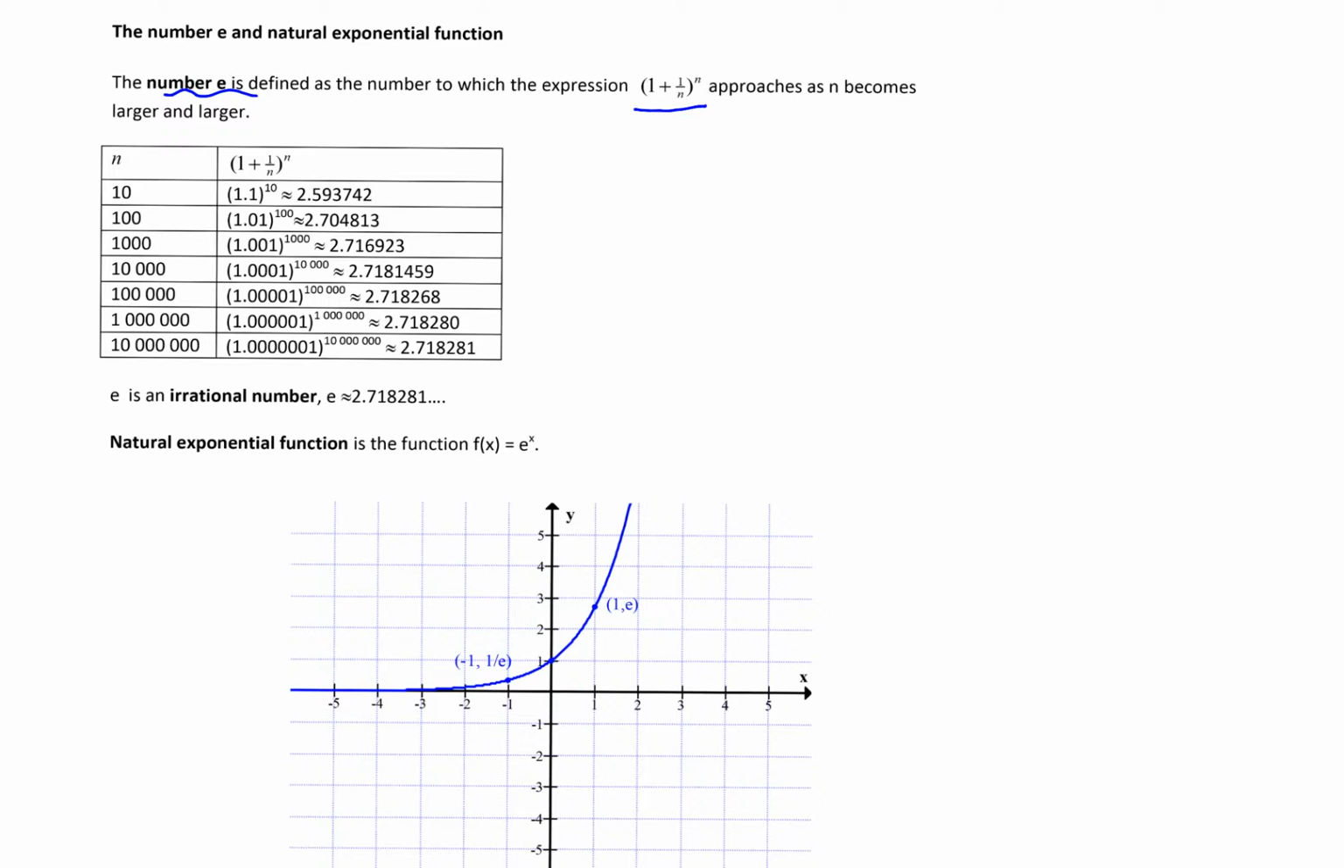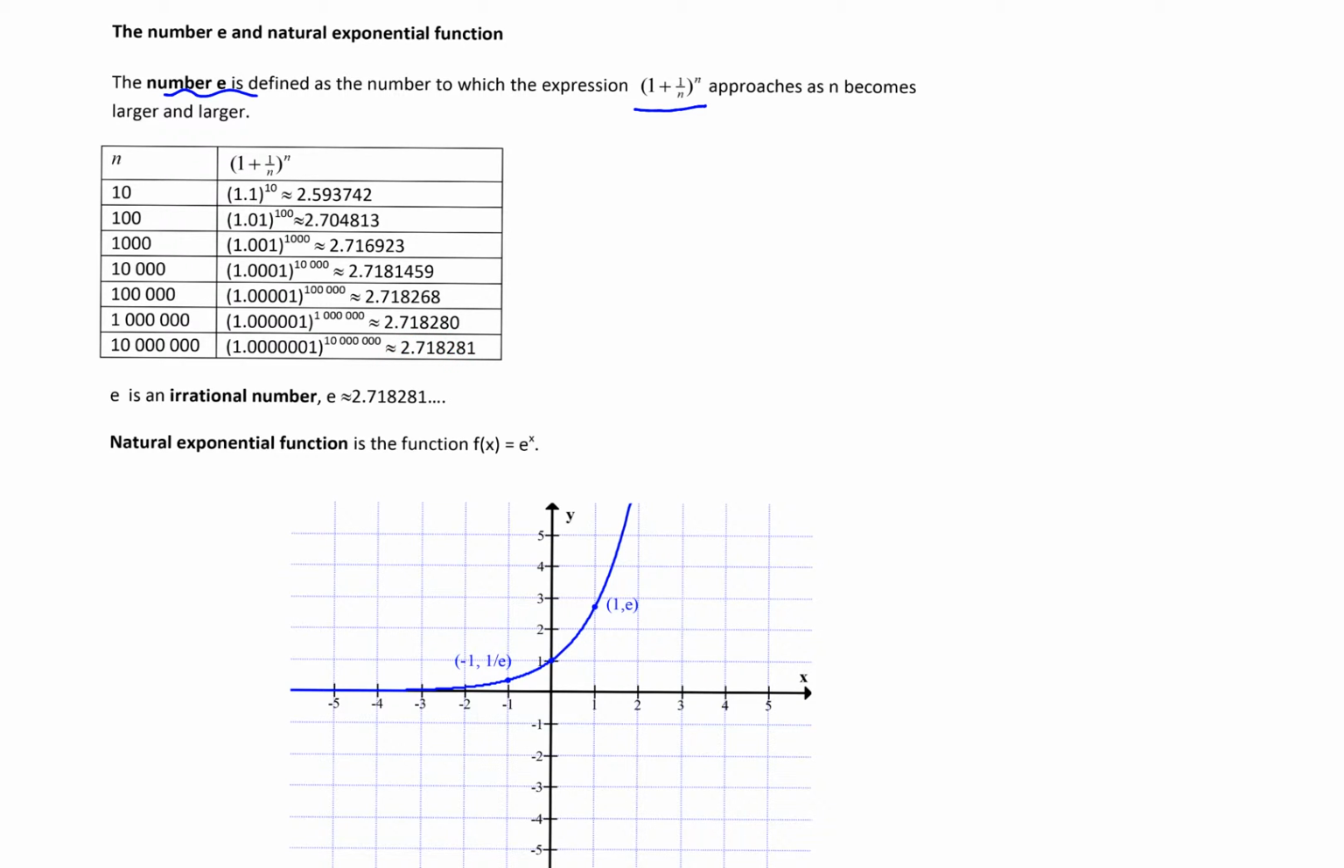The table shows values of (1 + 1/n)^n for increasing values of n. You can see that the values of (1 + 1/n)^n are increasing as well, and they seem to approach the number 2.7182. It is shown in advanced calculus that when n becomes larger and larger, the values of (1 + 1/n)^n approach an irrational number that is close to